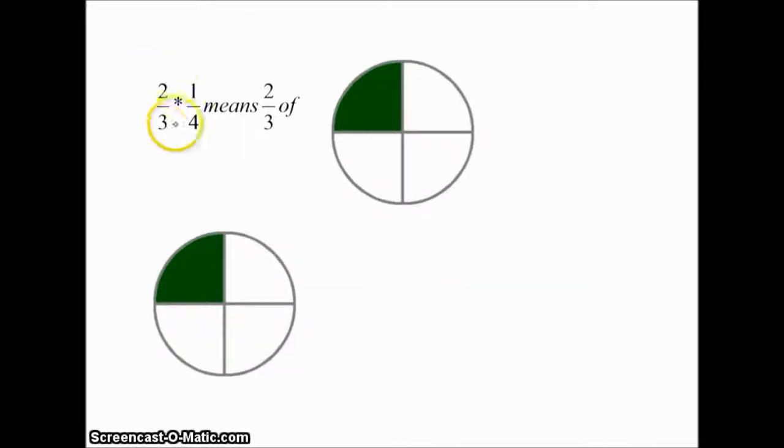Another example, 2/3 times 1/4. Well, that means 2/3 of this section here. This 1/4 section, we need to divide that into thirds. We've divided into thirds. We're claiming 2/3 of that. Well, how much is that out of the total? So if we've claimed 2/3 of these sections here,